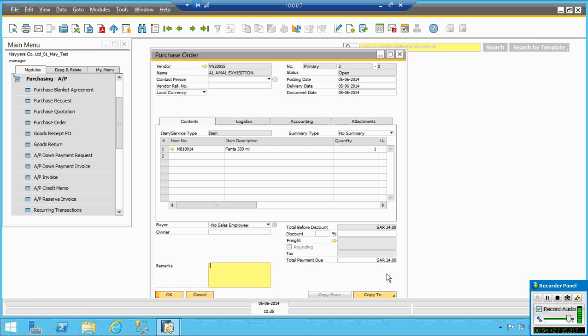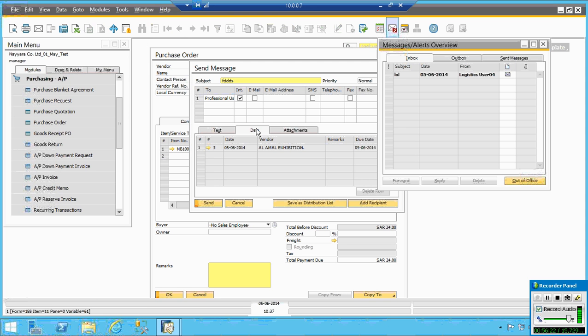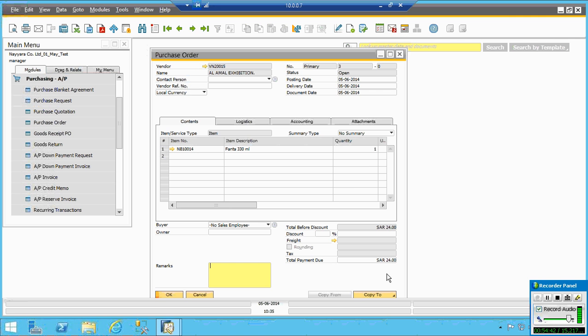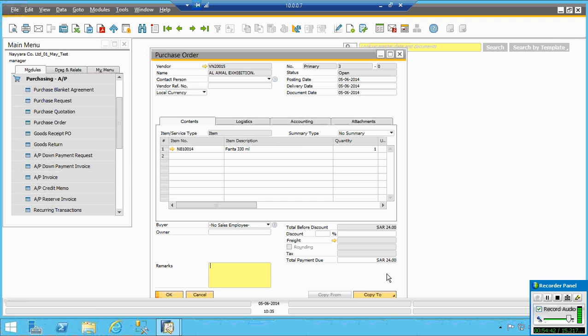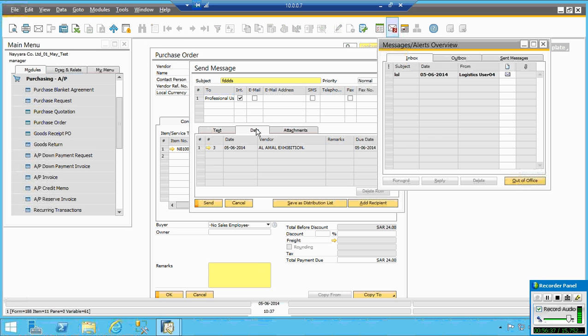The item will come as a pop-up. This will come as a pop-up line. If SAP is closed in the system, not open, it cannot be seen. But if it is open and minimized, it will just open up. Same like that, you will see another update. You can just select this.